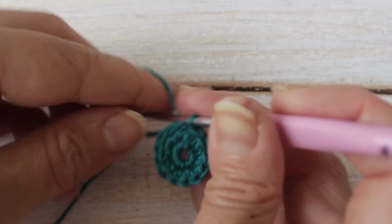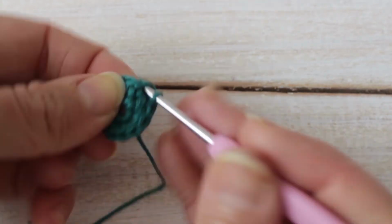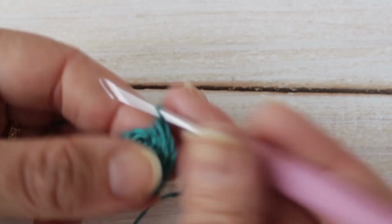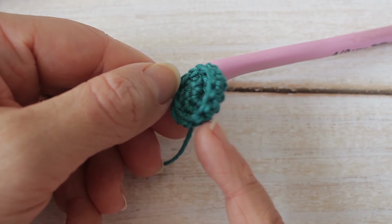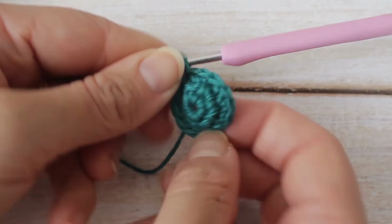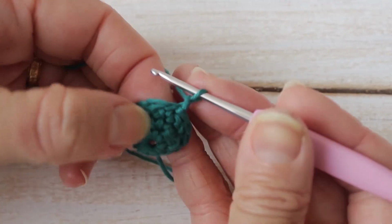Now I'm going to chain 1. For row 3, we're going to do a single crochet in every stitch. So at the end of this row, you will have 12 single crochet. Here I am at the end of row 3, and now my cup is starting to cup. So I'm just going to flip it round, and for row 4, I'm going to chain 1,